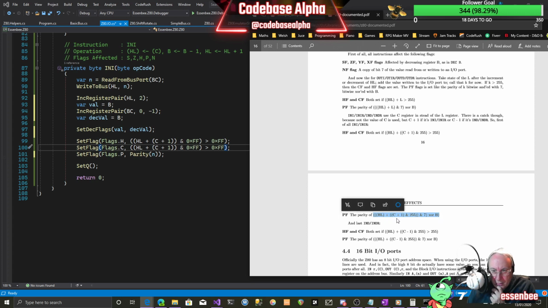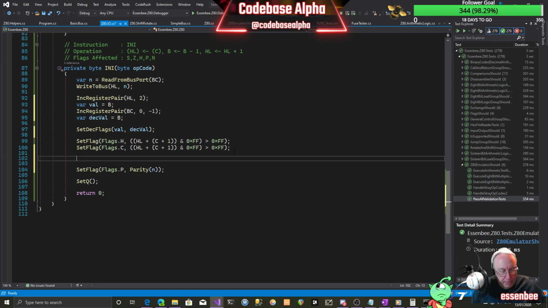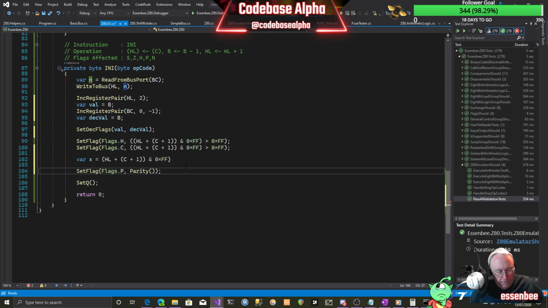The H plus C plus 1, ANDed with 255, ANDed with 7, then XORed with B. So it's that. Let's do a bar X is going to become that. The parity of X, and then the rest of the command is,